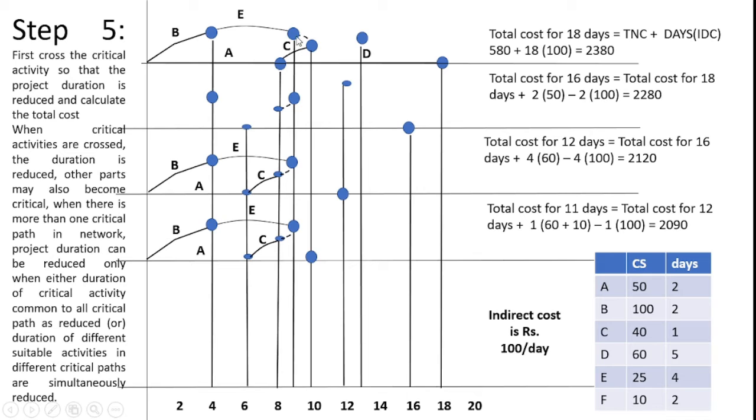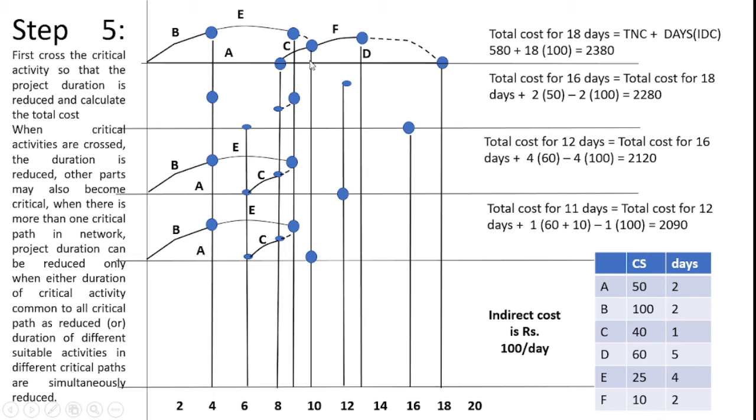After that, I connect E with C with a dummy activity. In this area there is no activity available, so I introduce a dummy activity. After that, there is another activity in our drawn network. F consumes 3 days, so I represent F on the graph like this. After that, I introduce a dummy activity because F ended before completion of D. So I connect the end point of D with the end point of F with a dummy activity. A dummy activity is represented with a dashed line.